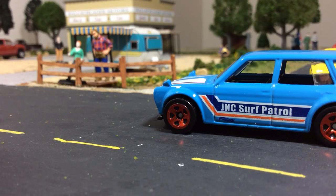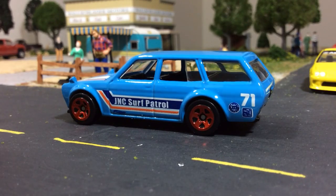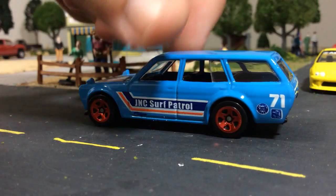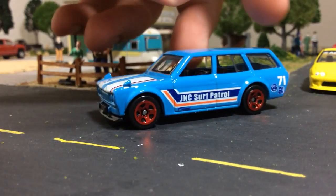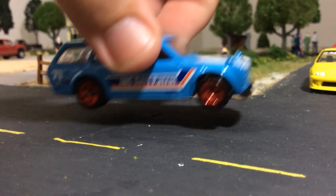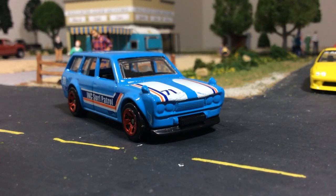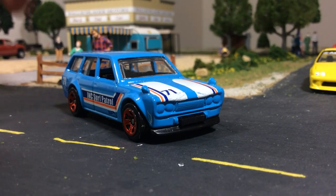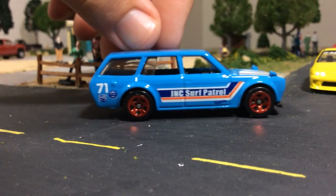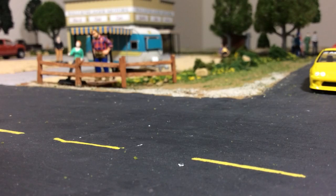Look what I found today. Was only able to find one, but that's alright. I don't think I'm going to hoard this one. I like the Skyline casting more. As you can see, it is a mesh grill. But I was surprised to actually find one of these. So that's pretty cool. This video...